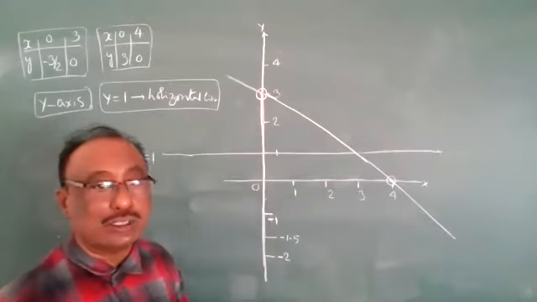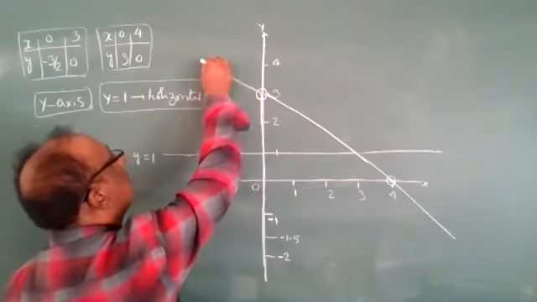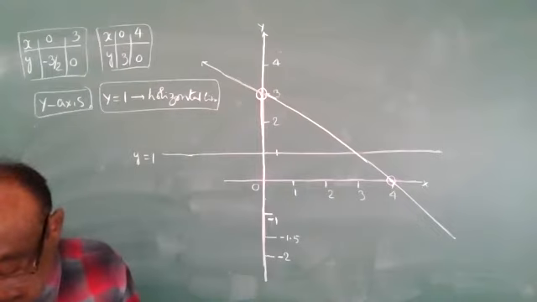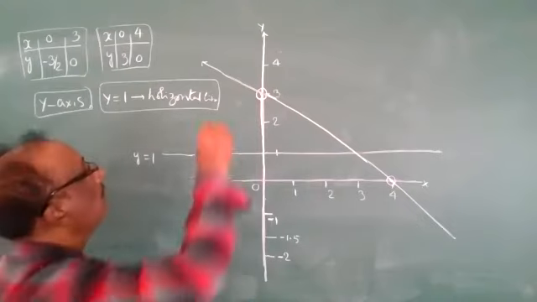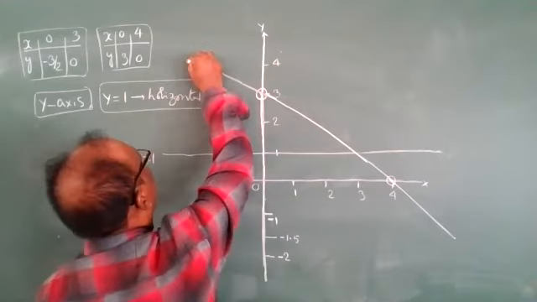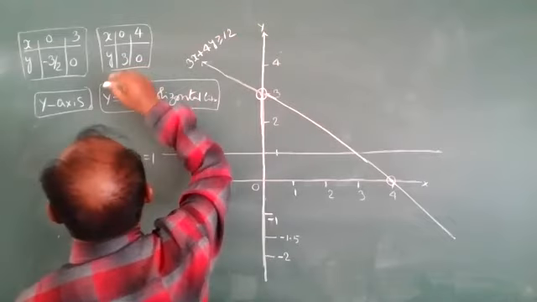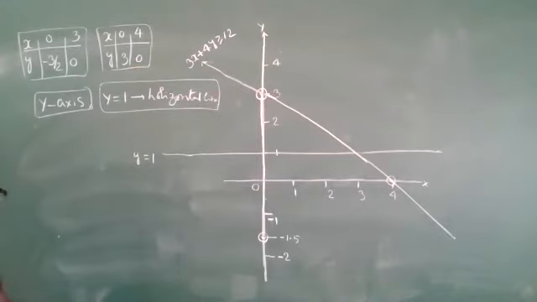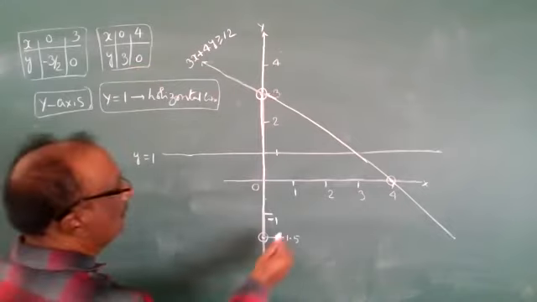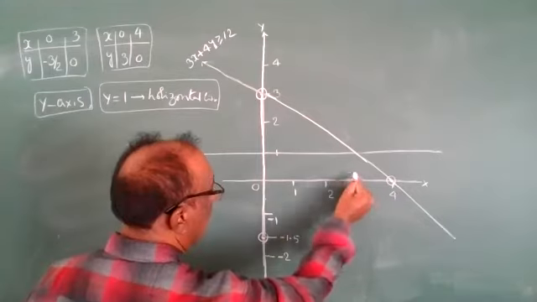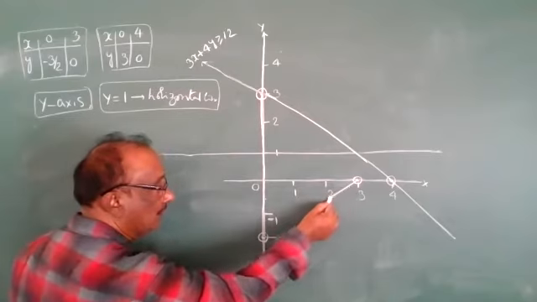All right. So this equation I will write. What is the name of this equation? This is the 12th one: 3x plus 4y is greater than or equal to 12. Next equation, next table: x is equal to 0, y is equal to minus 3 by 2, which means minus 1.5; y is equal to 0, x is equal to 3. Join these two very carefully.